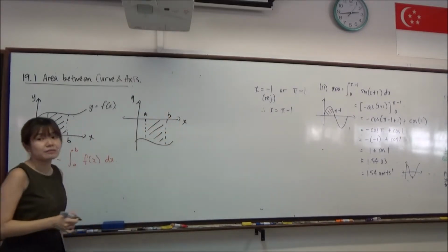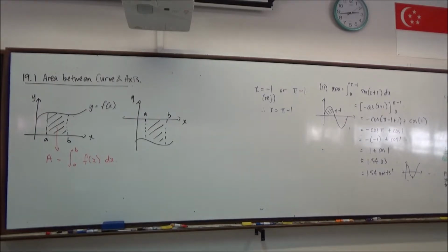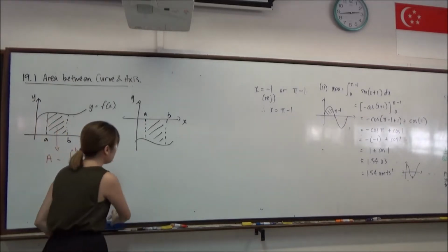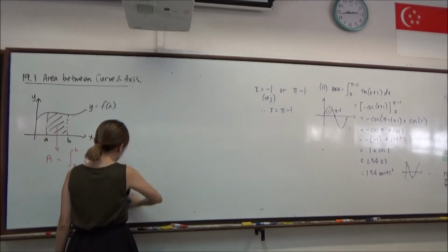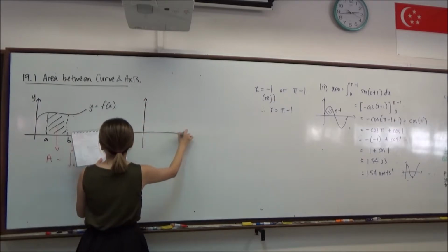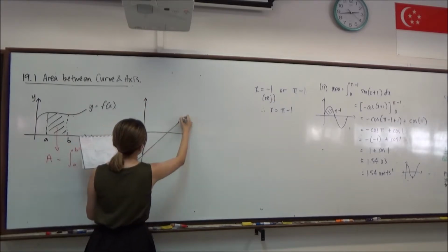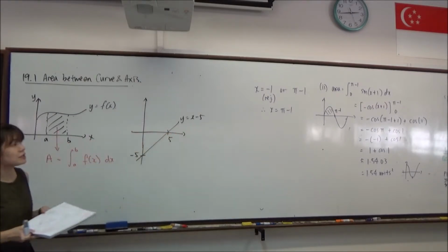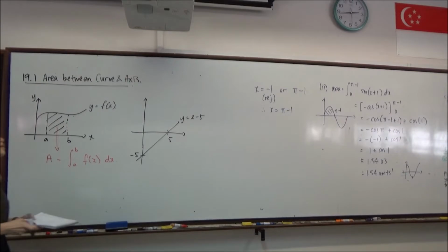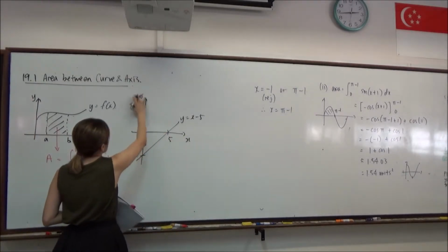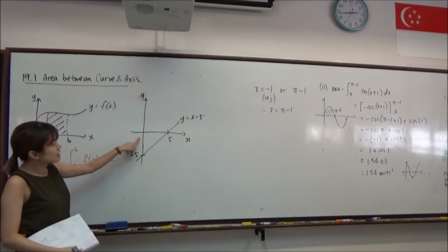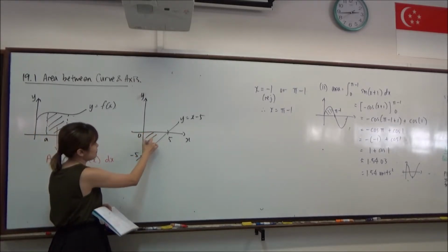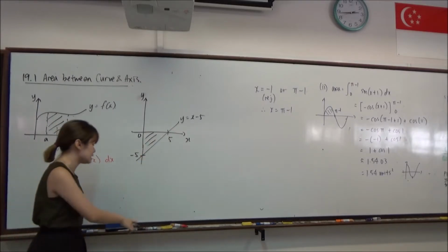to find out this area, maybe I still have a curve, a simple one. If I have a straight line graph, y equals x minus 5, and I want to find out the area between the line as well as the axis itself, from 0 to 5 for this area, if I were to go and find the integral,